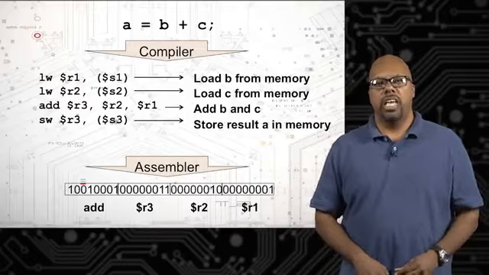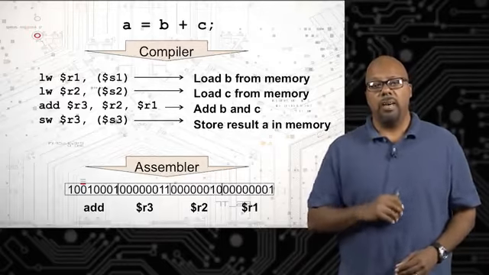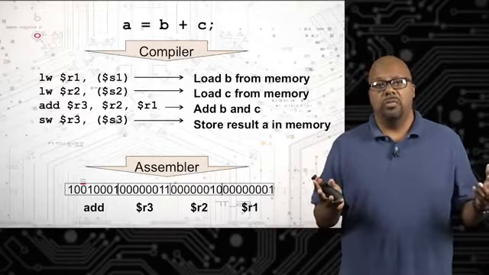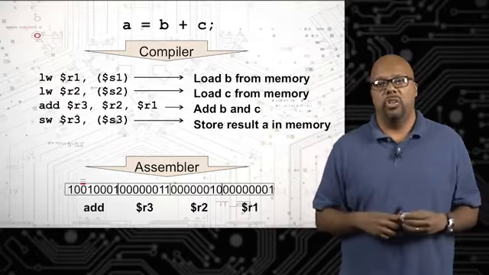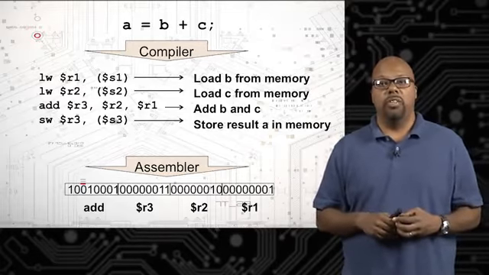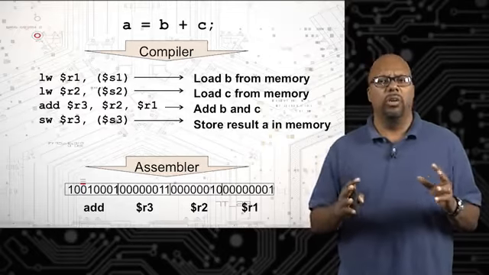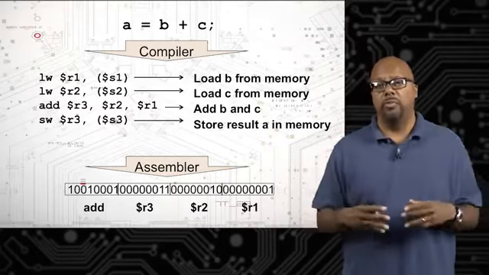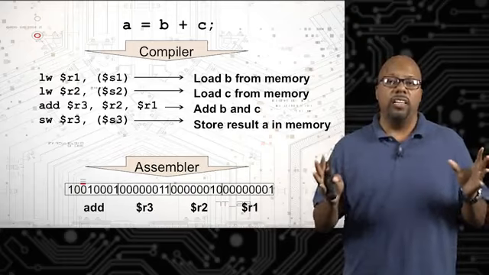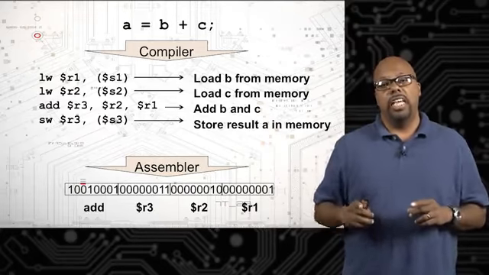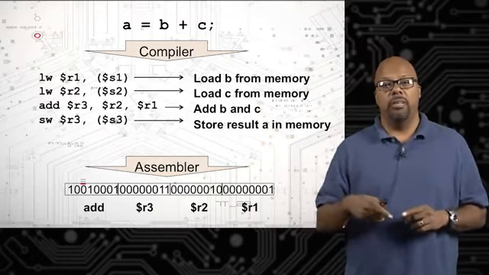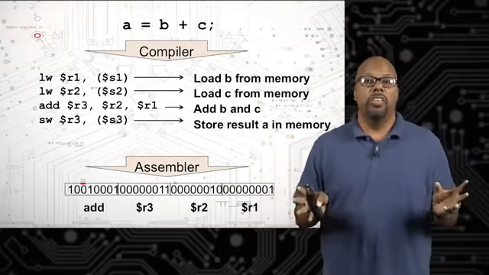So compilation. This is what compilation looks like roughly. At the top, you've got some regular C code. And actually that code is pretty generic. You can have A equals B plus C in any number of languages. Java, Python, they all look very similar, except for the semicolon at the end. That could have been Python, right? So you've got the high-level language at the top. And in the end, you want to get what you see at the bottom, a sequence of zeros and ones